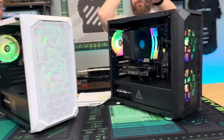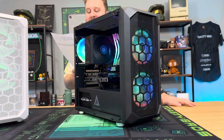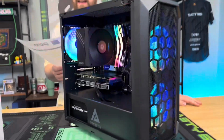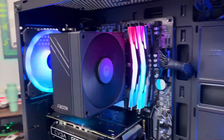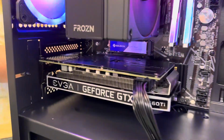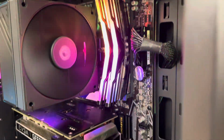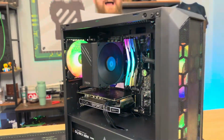This one right here you can actually buy, and it features a Ryzen 7 5700X 8-core 16-thread, GTX 1660 Ti, a Gigabyte B550M motherboard, a 1TB Gen 4 NVMe SSD from Solidigm, an Ollie 16GB kit of DDR4 memory at 3200 MHz, a Zolman 600-watt power supply, this really nice ID cooling tower cooler, and it's inside the PVR Prodigy,